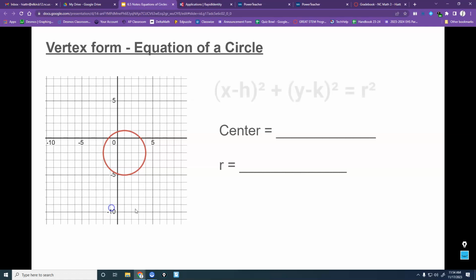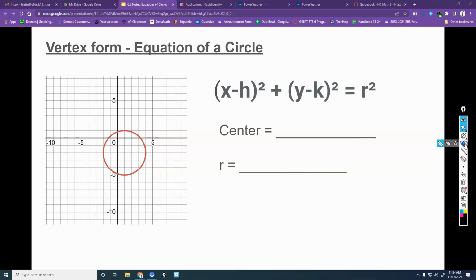So you should see there this equation, x minus h squared plus y minus k squared equals r squared. And so those three letters in there besides the x and the y, so your h, your k, and your r are all going to be numbers. And the h and the k are the numbers that give you the center